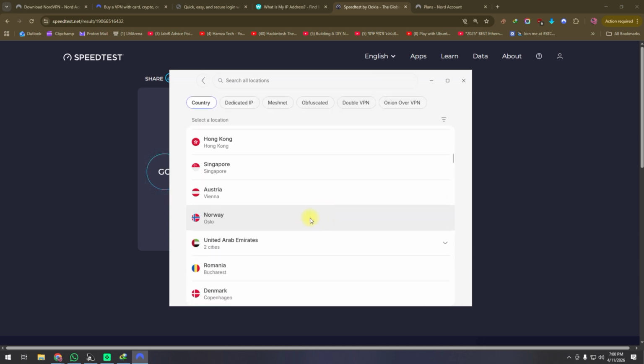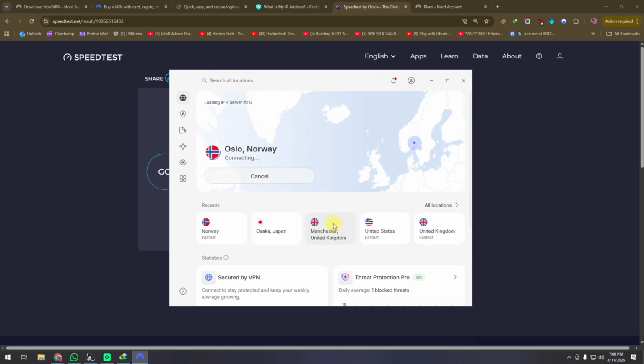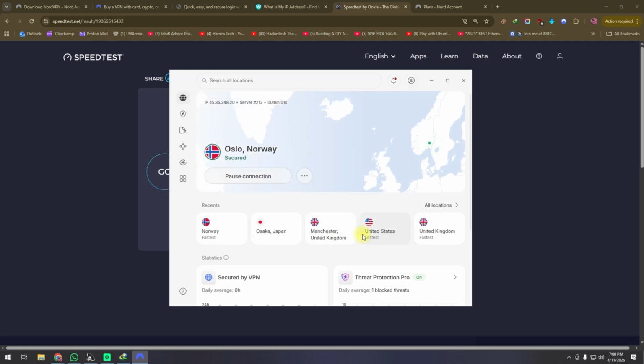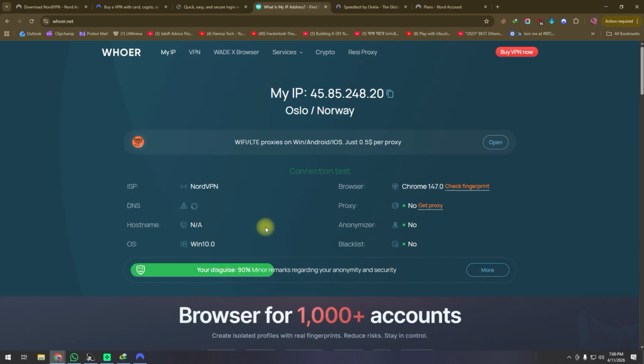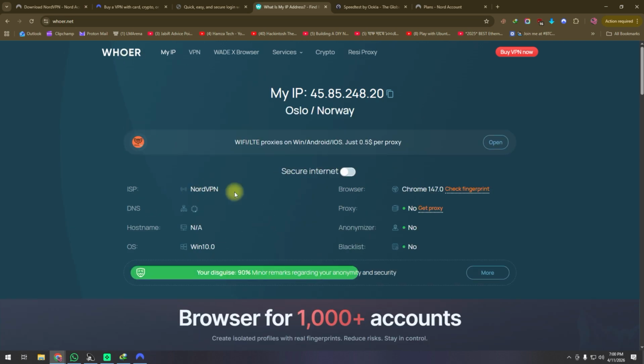We'll try Oslo, Norway. I haven't actually tested the city of Oslo before. I haven't tried it yet, so let's see how our IP address appears here. We will try to add another update in the future if possible. Now we can see the service for Norway. It took quite a bit of time for the Norway page to load, and the ISP name is showing as